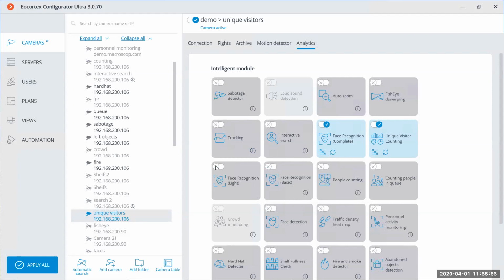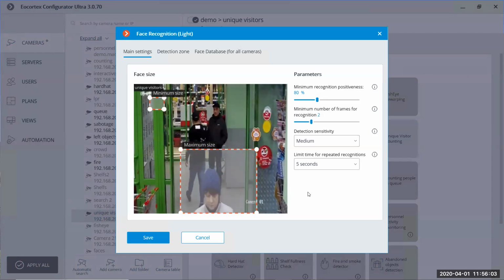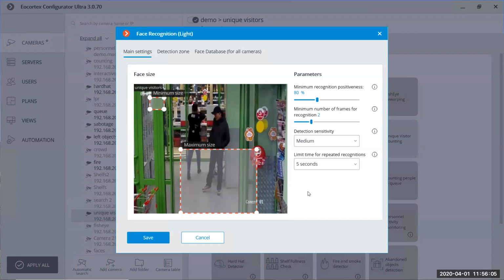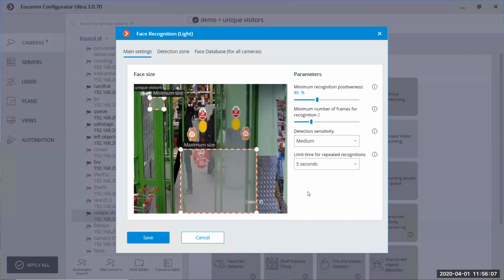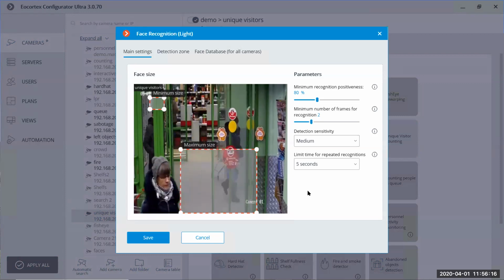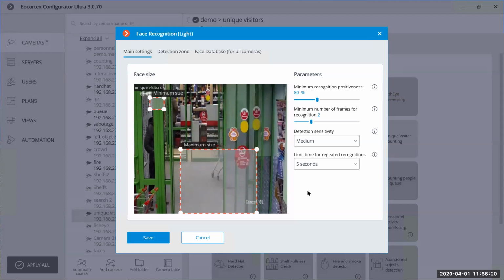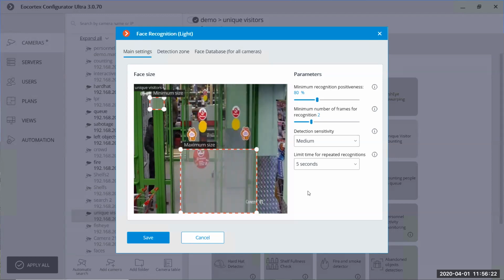So for the light module, we can open the settings and see that they are pretty much the same. This module is working on the CPU. So if in some cases you don't have a GPU for the analytics, we can use this module with the CPU. But this module doesn't show you the age and gender statistics, and it also doesn't have the search function.